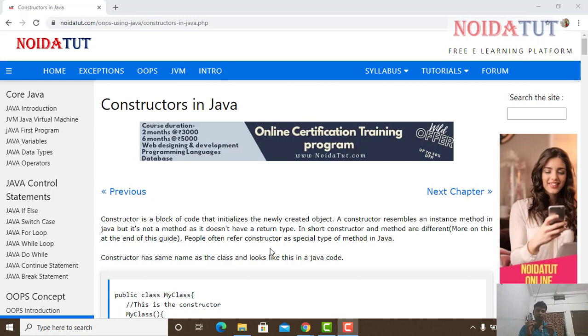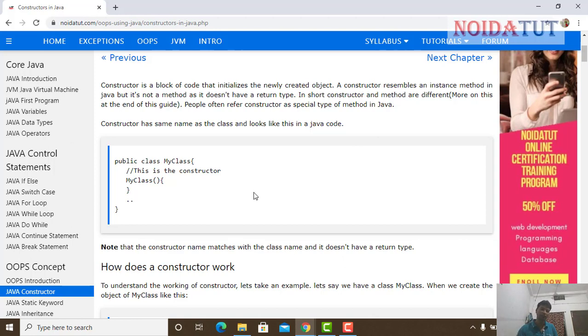We can also refer to it as a special method in Java. When we talk about a constructor, it automatically initializes an object, and the name of the class and the name of the method in the constructor are the same. So this is what happens: it automatically initializes the object, which we are going to see further. Please check the syntax. Public class MyClass. This is the name of the class, and the name of the method is also MyClass. And the further set of code we are going to write in this block.